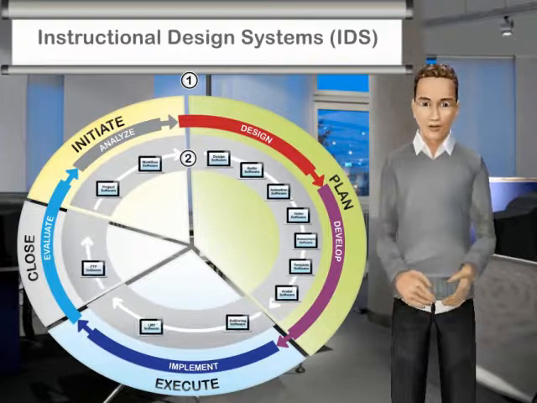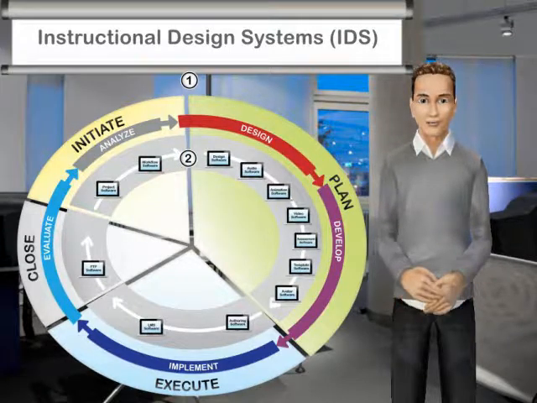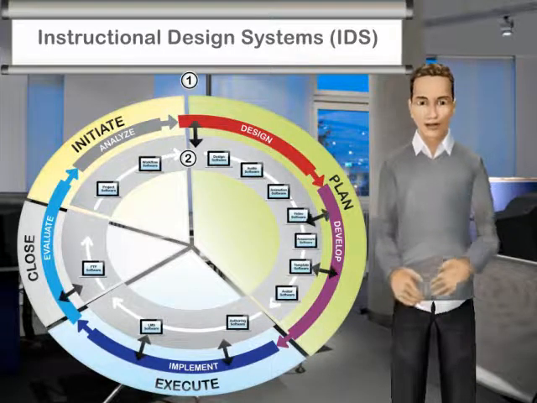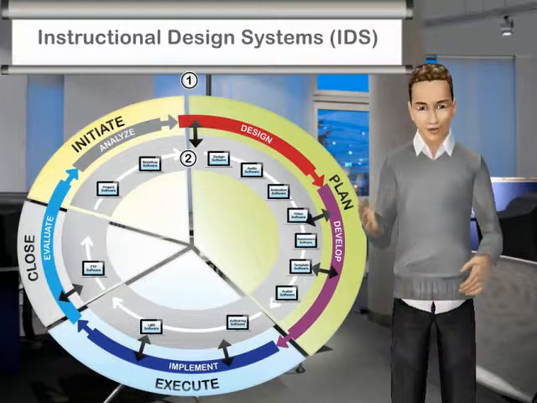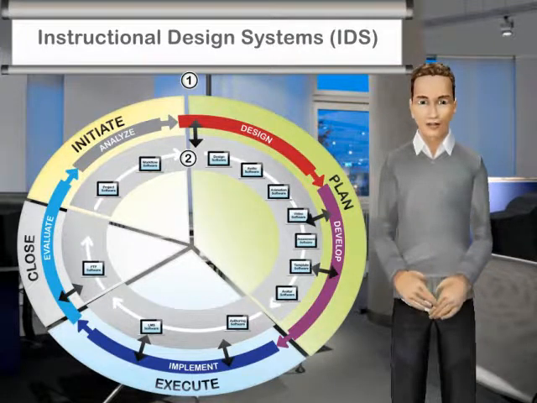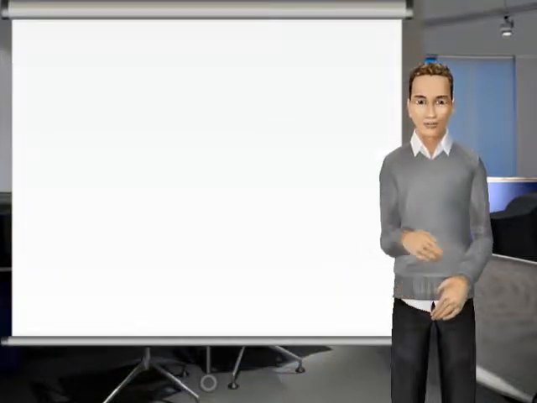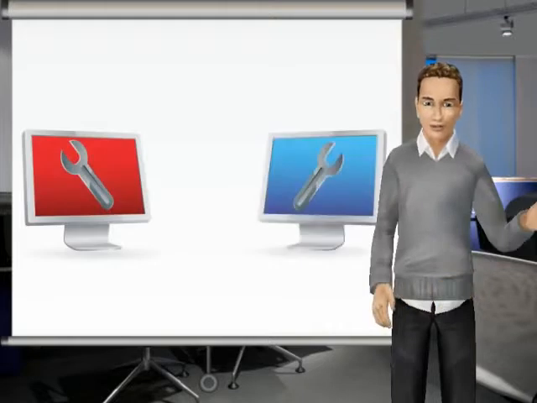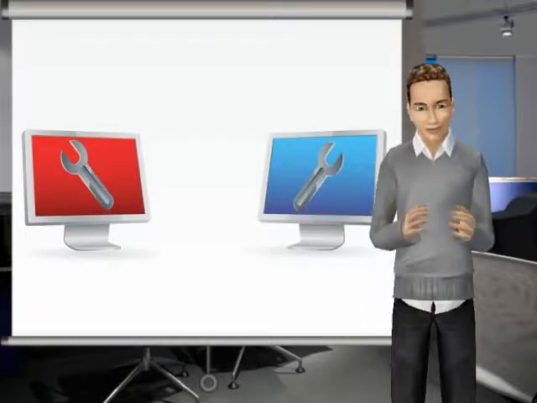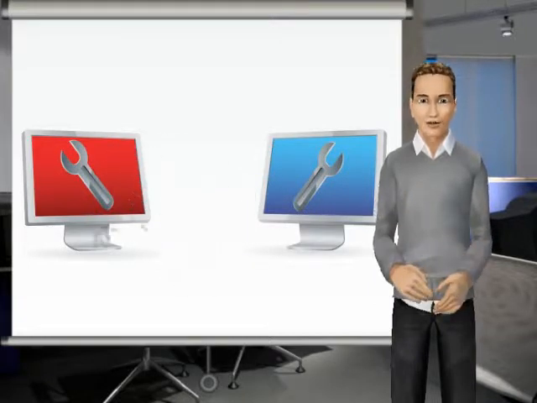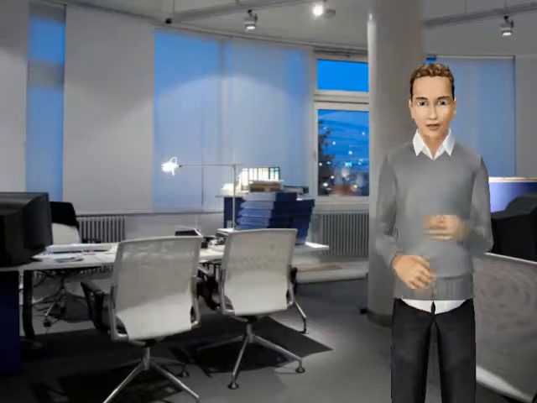As we walk through the instructional design process, we notice that there are areas of development that require the entering of data into a system or multiple systems. These systems are called the instructional design systems, and all online courses require some or all of these tools in order to successfully develop an online course. It is critical to remember that when incorporating the systems and tools into the development process, that inputs and outputs of each technology need to be considered. What this means is that not all systems will work well together and thus potentially create technical issues. Brad will better explain this later on in the session.